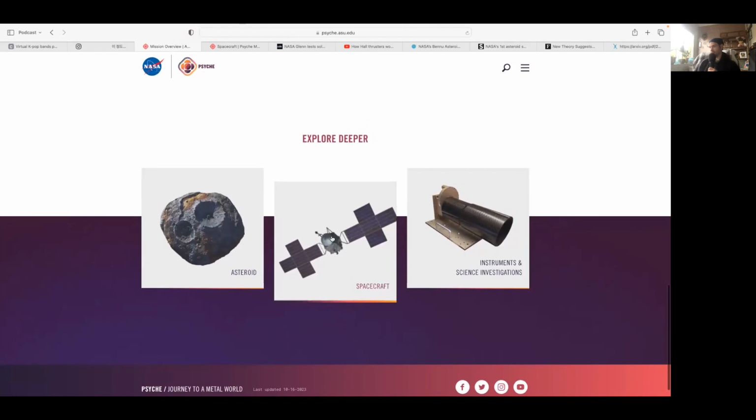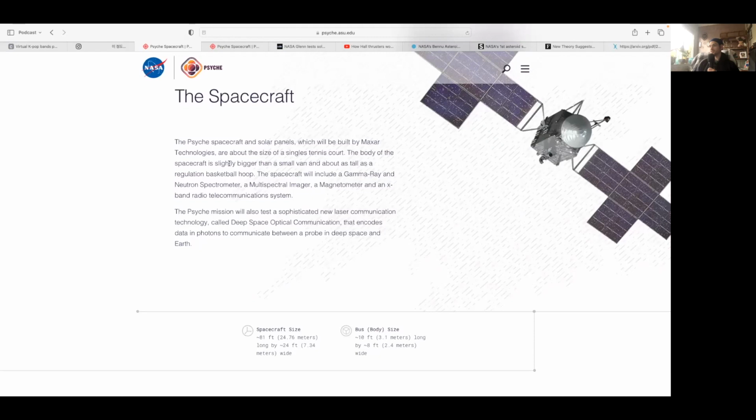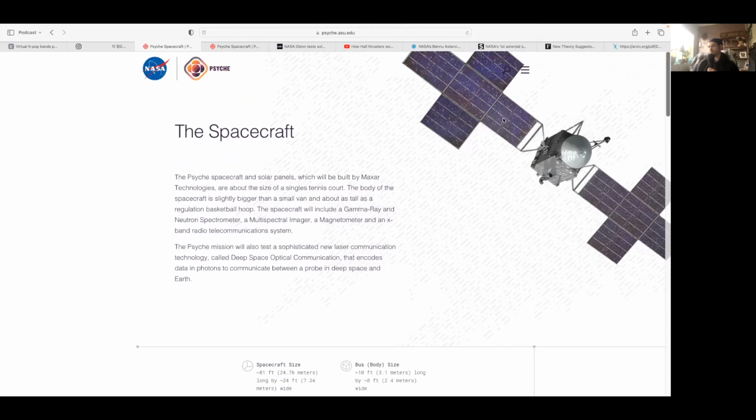All right, so now let's get into the spacecraft. This physical, that's the spacecraft right there. That's currently what's out in space. The Psyche spacecraft and solar panels, which will be built by Maxar Technologies, are about the size of a singles tennis court. The body of the spacecraft is slightly bigger than a small van and about as tall as a